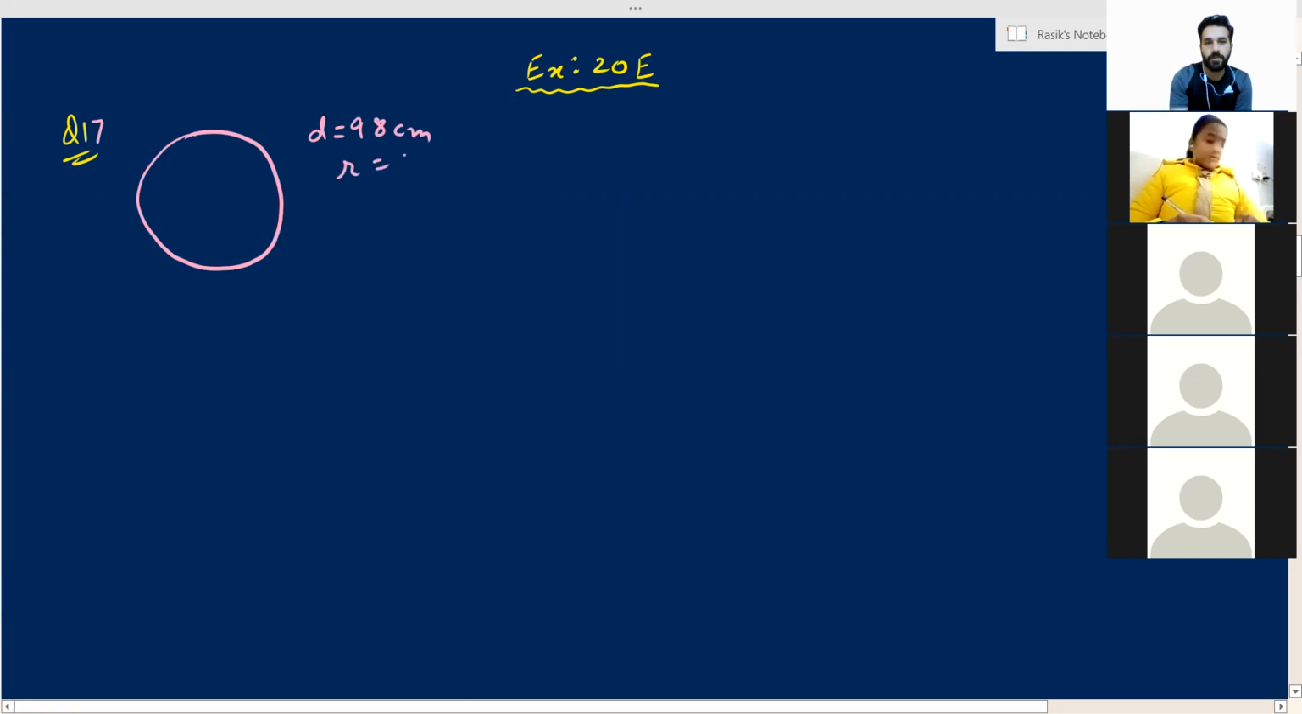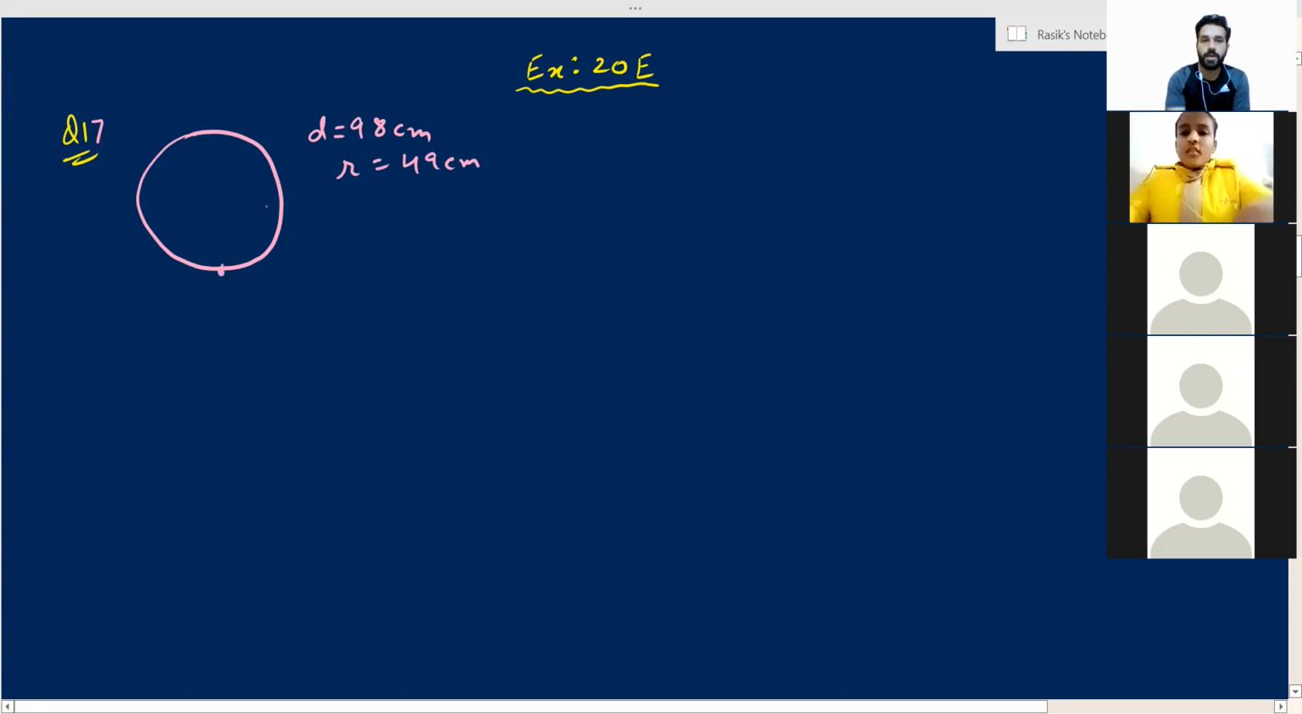The radius will be 49 centimeters. When we rotate a wheel completely, when one rotation of a wheel is completed, how much distance is covered? The distance covered is equal to the circumference of the wheel. Am I right or not? Suppose we start from this point